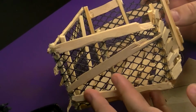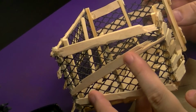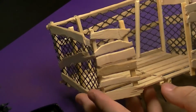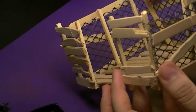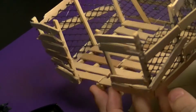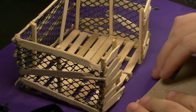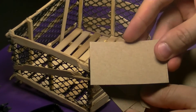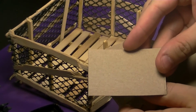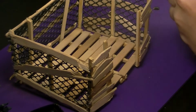If you're just doing haphazard, you may not want broken boards. You may want just weird cuts or breaks in them. I left a window here, but as you can see, it's starting to really come together. And our next part is going to be fairly simple. I've pre-cut some of my cardboard. We're going to use this to kind of look like plywood boards,